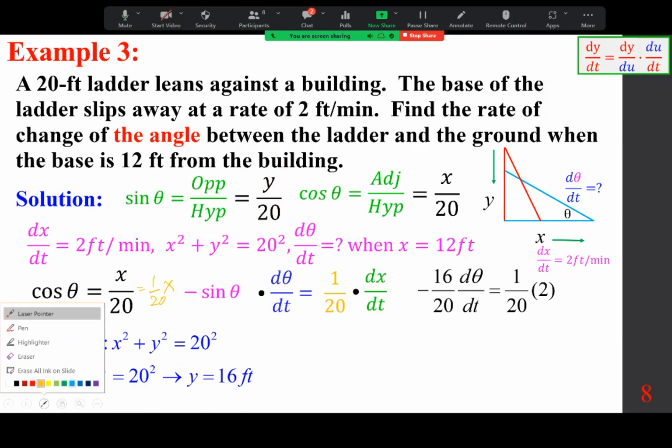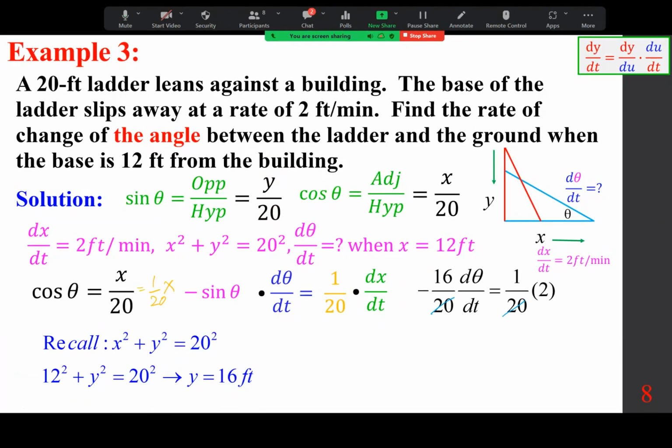So to solve this, I can just drop the 20. So the left side is negative 16 d theta. The right side is 2. Let me just write this for you so it becomes clear. So we have negative 16 d theta dt equals 2. So divide both sides by negative 16. And you get negative 1 over 8